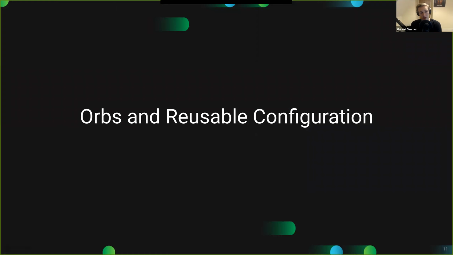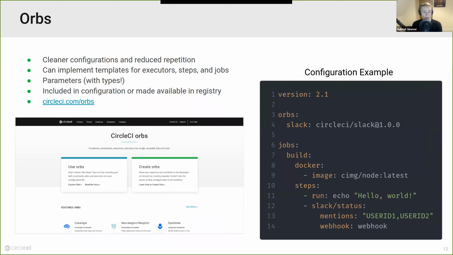Next, we're going to talk about Orbs and reusable configuration. This is one of our flagship features that we are utilizing pipelines for, and they are sets of YAML that can be used across projects and across configurations. Specifically with Orbs, they can be used across projects, and they define a template for executors, steps, and jobs,